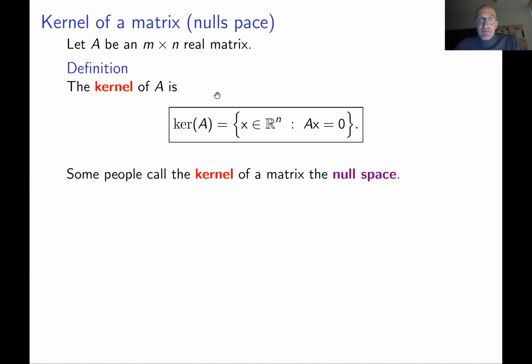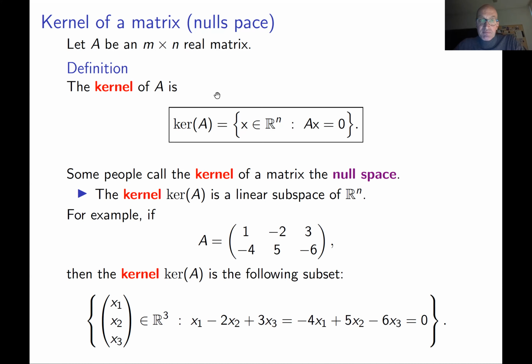Sometimes the kernel of a matrix is also called a null space. It is quite common actually. And this is a lemma which has to be checked by you. It is proved accurately in the lecture notes and in the book that the kernel of a matrix is a linear subspace of an n-dimensional space. This is very useful because quite often you can use this lemma to prove that some set is a linear subspace.